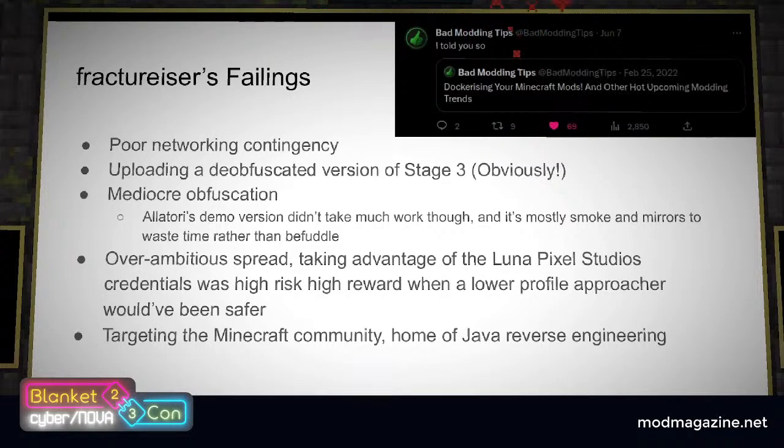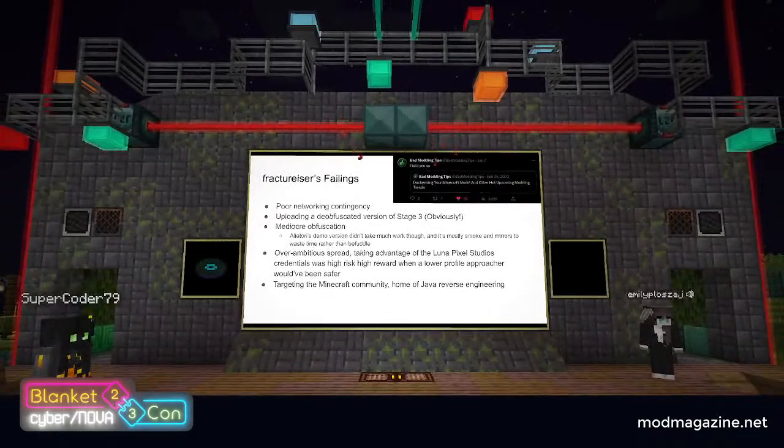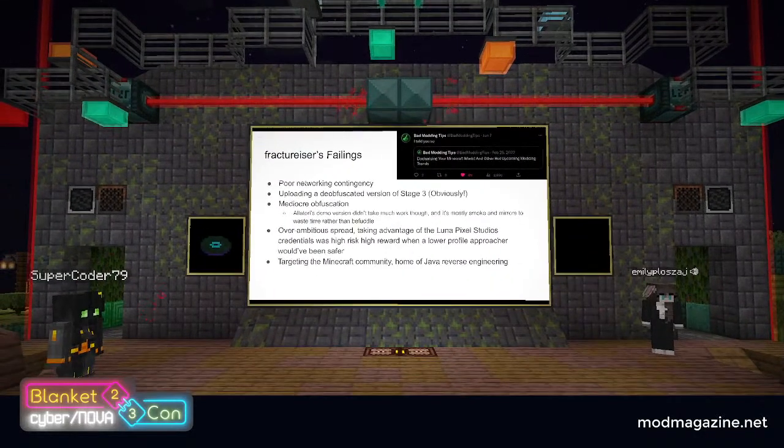Moving on, the obfuscation in general was mediocre or not present. Stage 0 was trivially deobfuscated, and Stage 1 had no obfuscation at all. Stages 2 and 3 were obfuscated using Allatori's demo, which had more smoke and mirrors to waste time, but it wasn't very effective in stopping things overall.